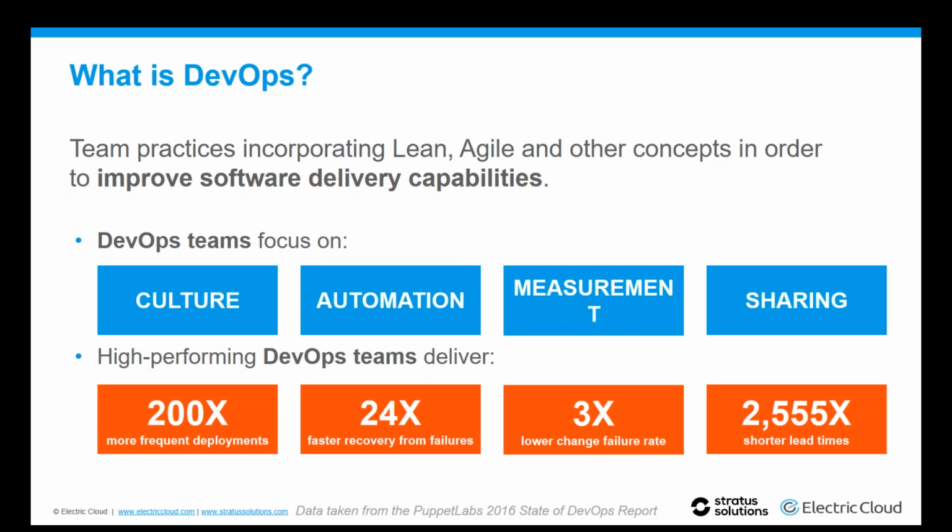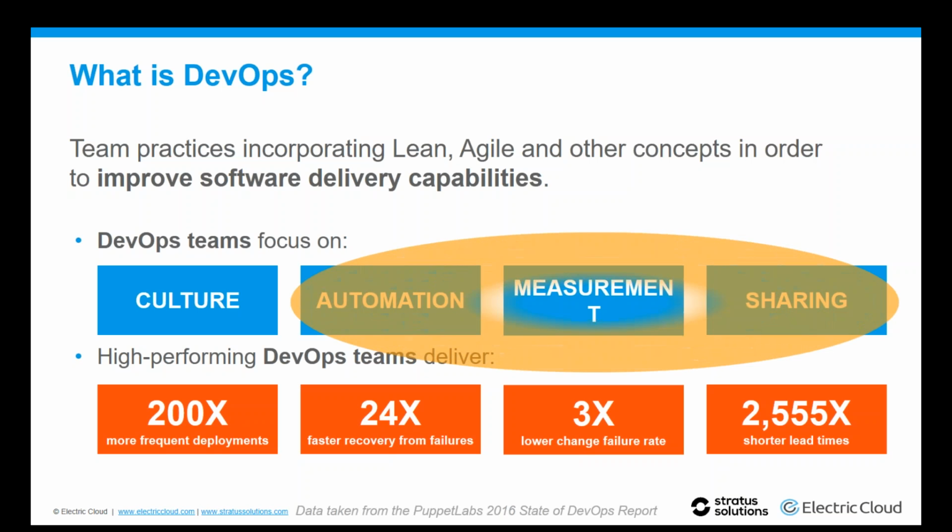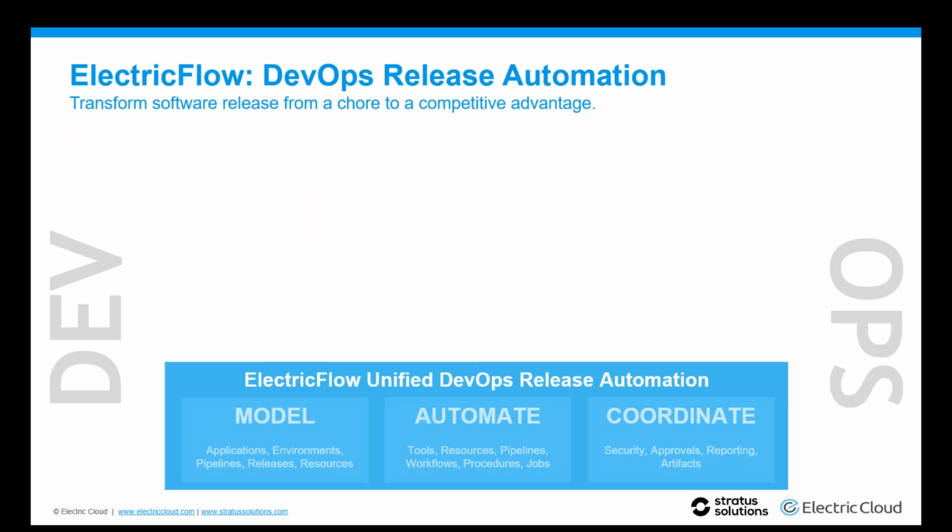200 times more frequent deployments, 24 times faster recovery, a lower change failure rate, and faster lead times. What we're going to be focusing on today, the conversation we're going to be having, is really about the automation and the measurement aspect of it. So let me dive into the automation and measurement aspect from the Electric Flow perspective. Then we'll have a quick polling question, then I'm going to hand it off to Brian so we can go